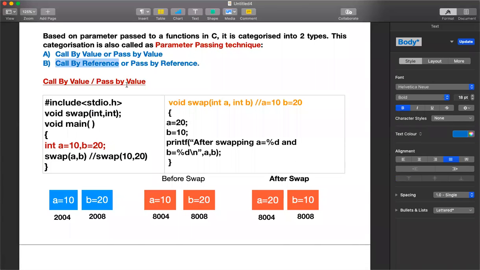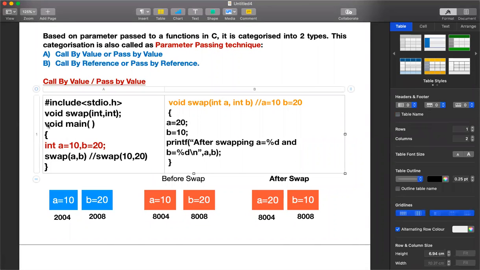Now look at this example. Let us go to the main program. It's the same add program, but here we are going to use the concept of swapping. So what exactly does swap mean? Swap is nothing but changing their positions. That is, if a is storing 10 and b is storing 20, after the swap they would have exchanged their values.